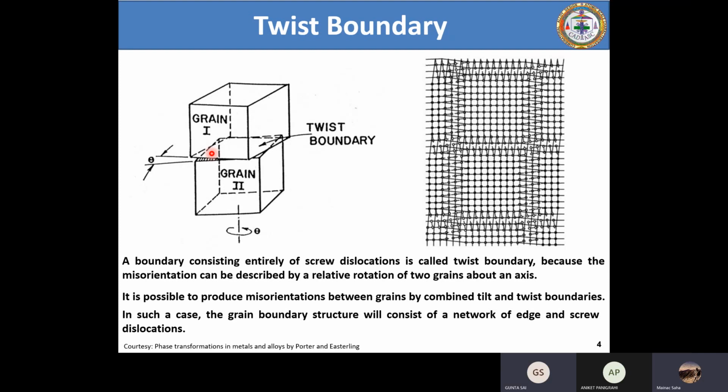So in any microstructure, in most of the microstructures, you are going to come across a boundary or different boundaries, low angle boundaries I'm talking of. High angle boundary I'm not going into. Low angle boundary comprises a mixture of tilt and twist boundary. It's very rare, like a 1 out of a million chance, that you will come across a pure twist or a pure tilt boundary. It's a very rare case.